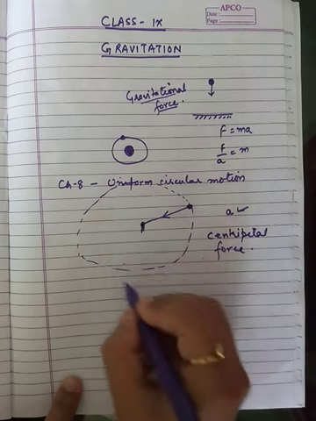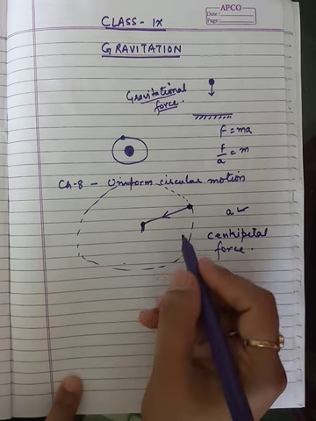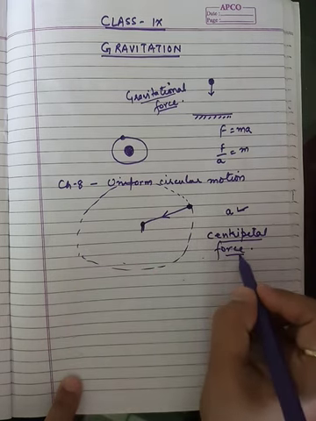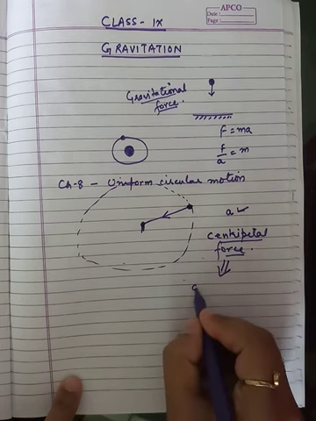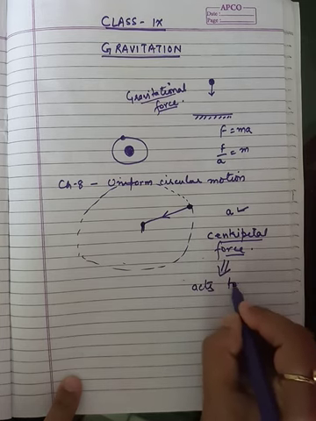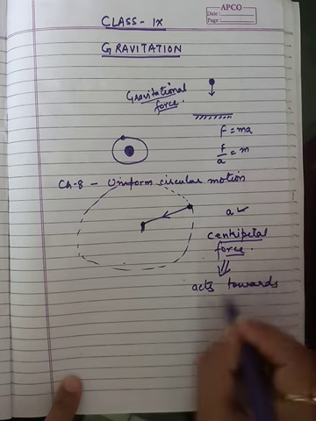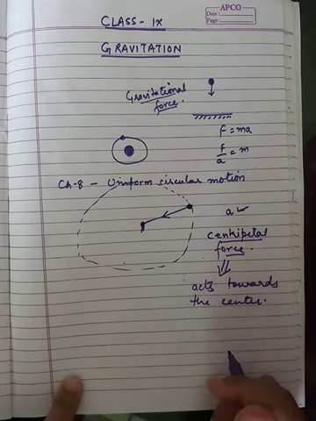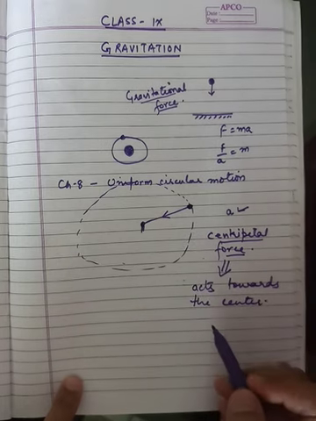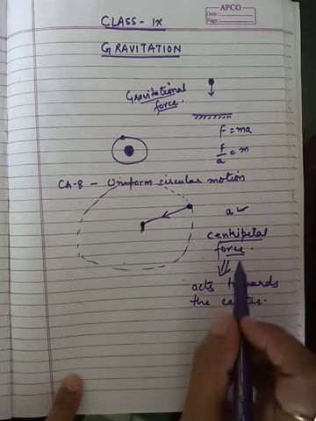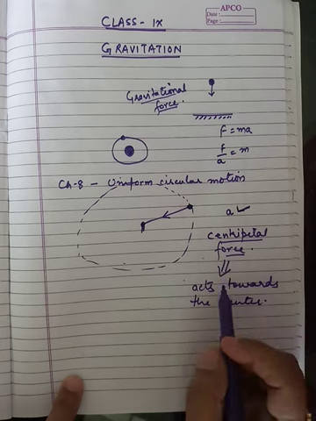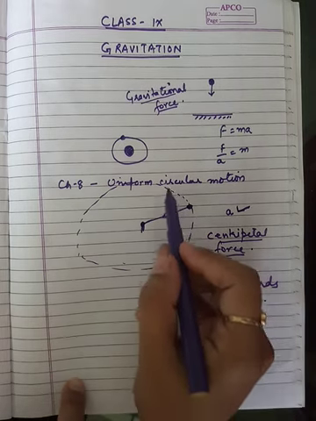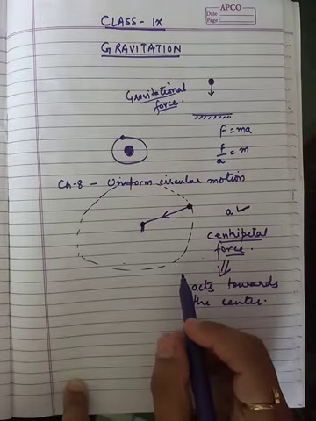So that force which is driving the object into a circular path is known as centripetal force, and this force always acts towards the center, along the radius of that circular path. And this is the force responsible for the acceleration also, that means for changing the velocity at each and every point,